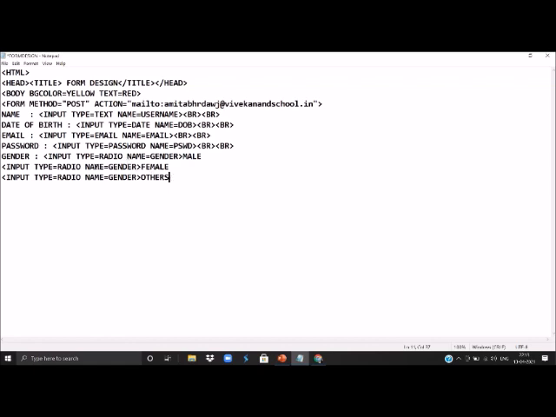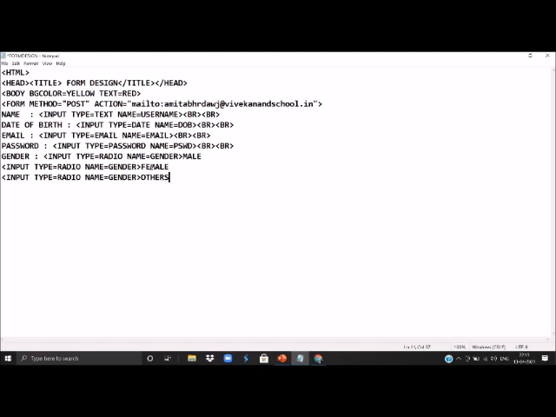But this name property should be same in all the three options. If this is gender and this is genders or gender one or anything else, if we give a different name to different options, then they will allow us to select more than one option.